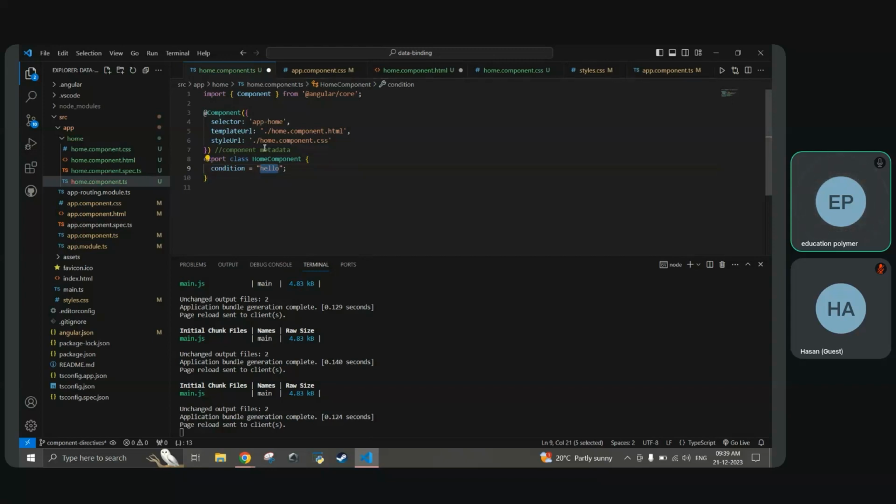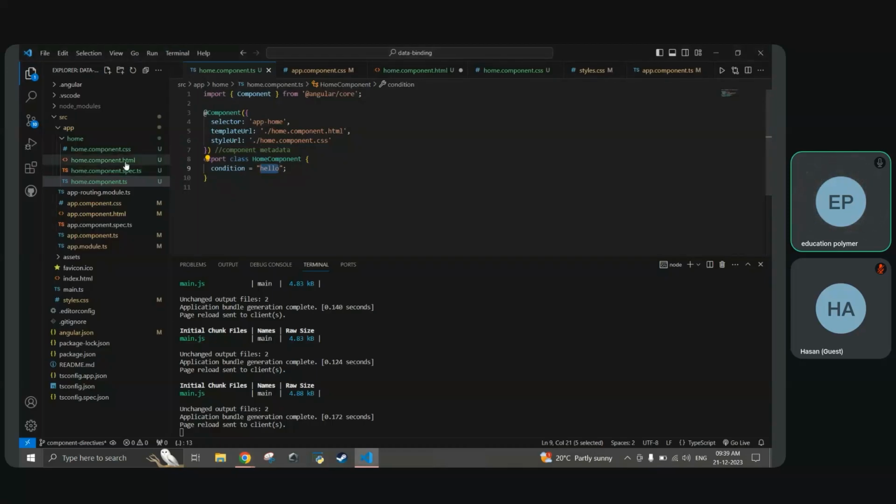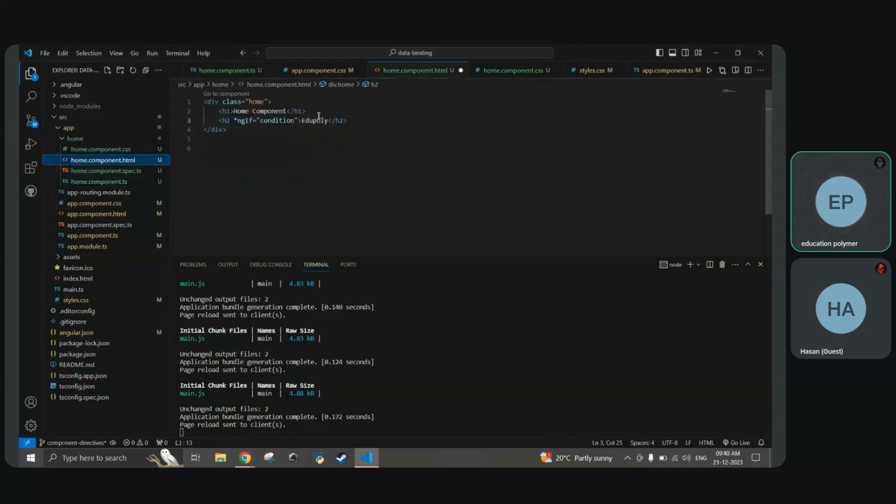Okay, this is how we use it. Then what else? Now we are able to see this. So let me do a small task where I will use a button to change the value of a variable to true and false, and I will see how the show and hide is working. So in the home component,